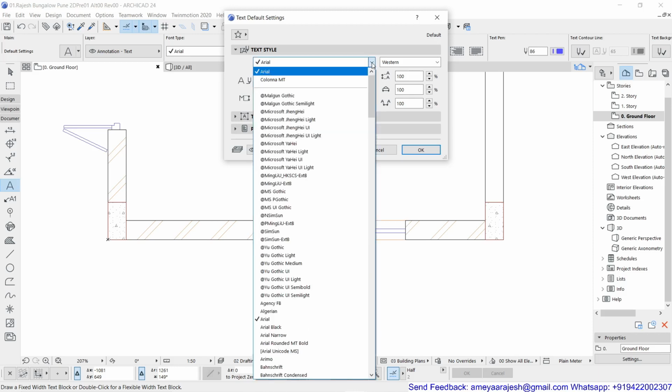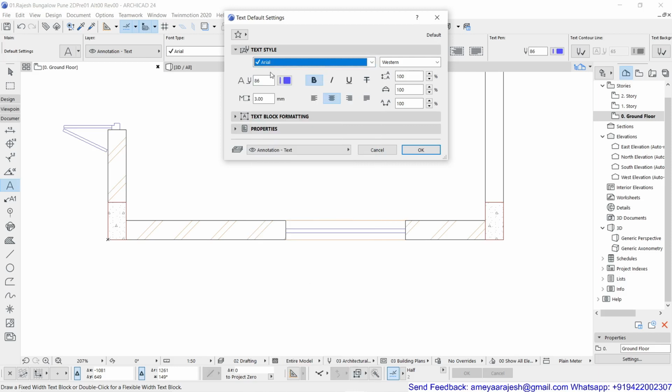I'm not changing this. You can definitely change from the drop down, but I'll be keeping this as it is with some particular font script. So it's Western again, no changes. Here the pen number, that is appearance of the font on paper after printing, whether it has to be bold, italic, underline or strike through, that you can decide. Height I'll explain, which is very important. At present, remember it's 3 mm, but this is on paper after printing.